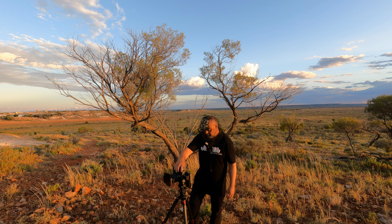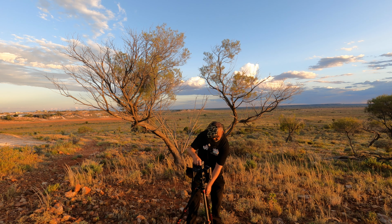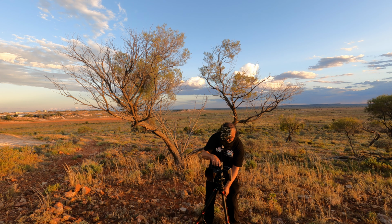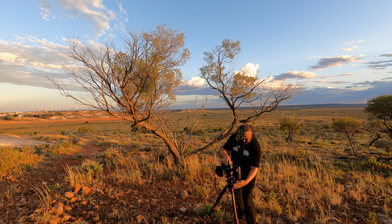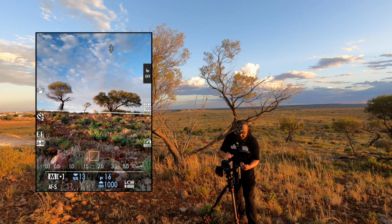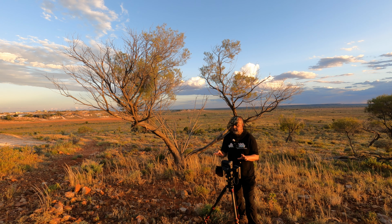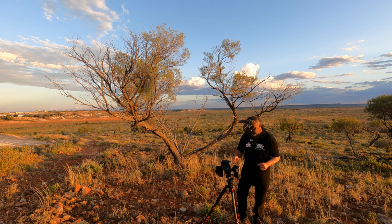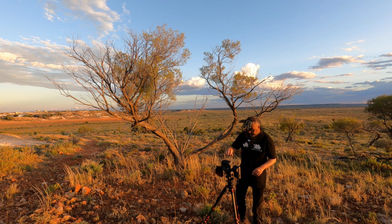I've adjusted the composition one last time, and that light has finally broken through and it is coating these rocks beautifully. And I'm adjusting the composition so that I can get the 3 trees with that golden glow, and also just in this foreground there are 3 boulders. Oh, that light's pretty, very pretty indeed, just creeping across the